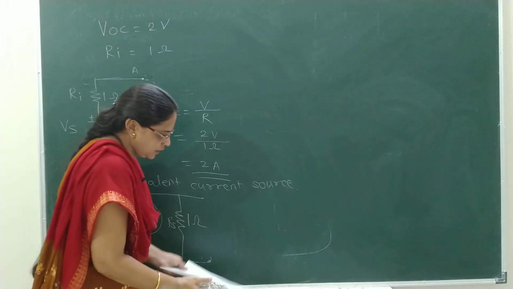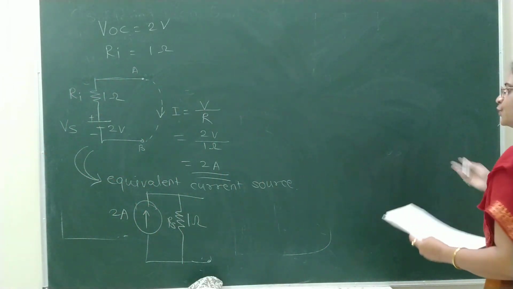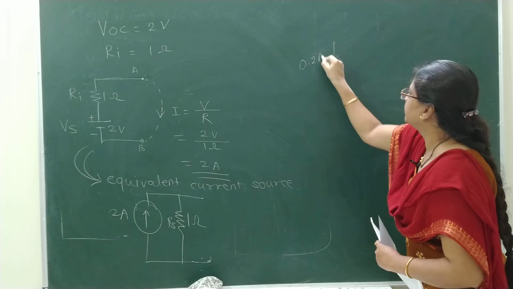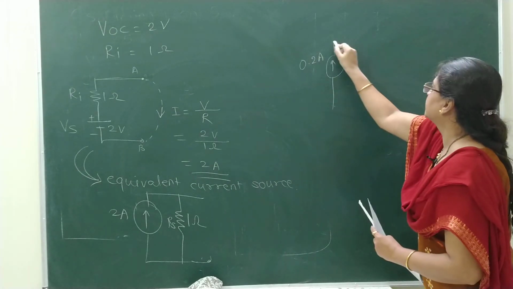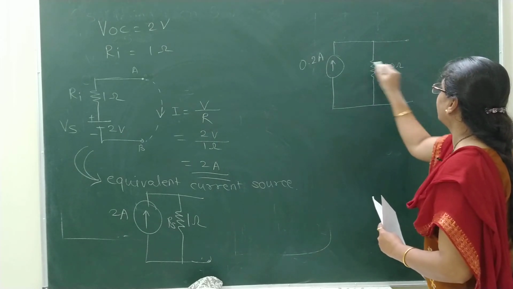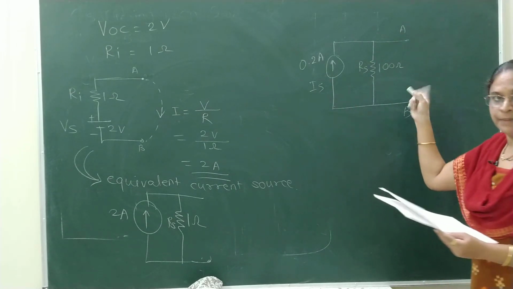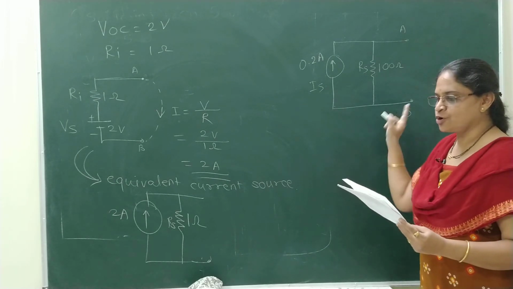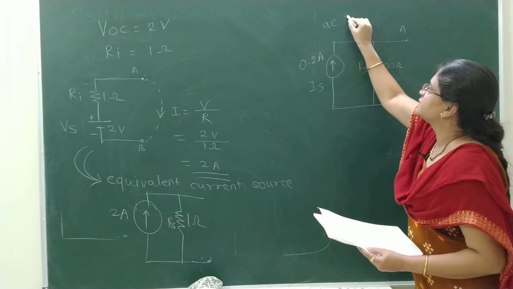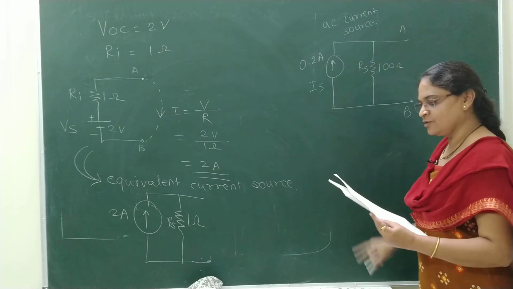Now the next point is, given current source is to be converted into voltage source. Here it is, the current source given of 0.2 ampere where internal resistance is of 100 ohm. RS or RI, this is IS. These are the output terminals A, B. So obtain an equivalent voltage source of the AC current source. Here it is mentioned current source is of AC type. So its equivalent voltage source is to be found out.